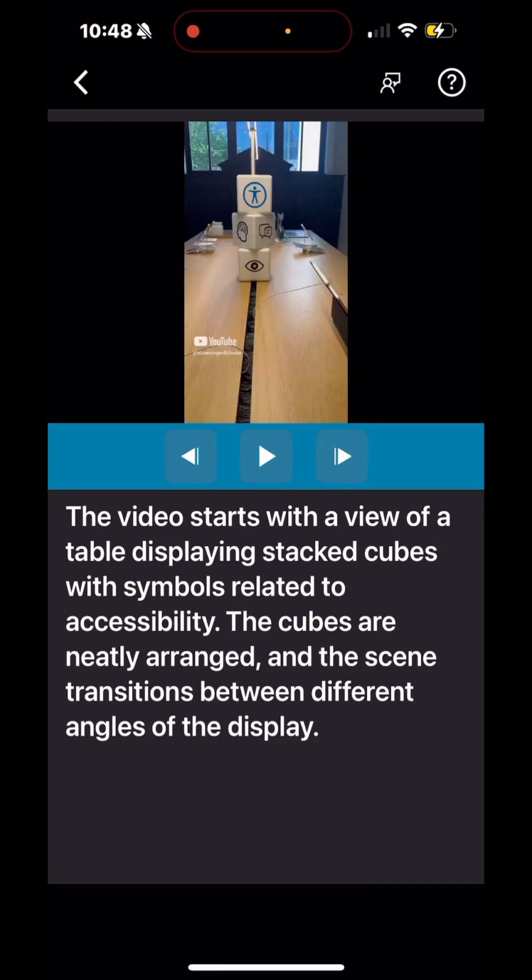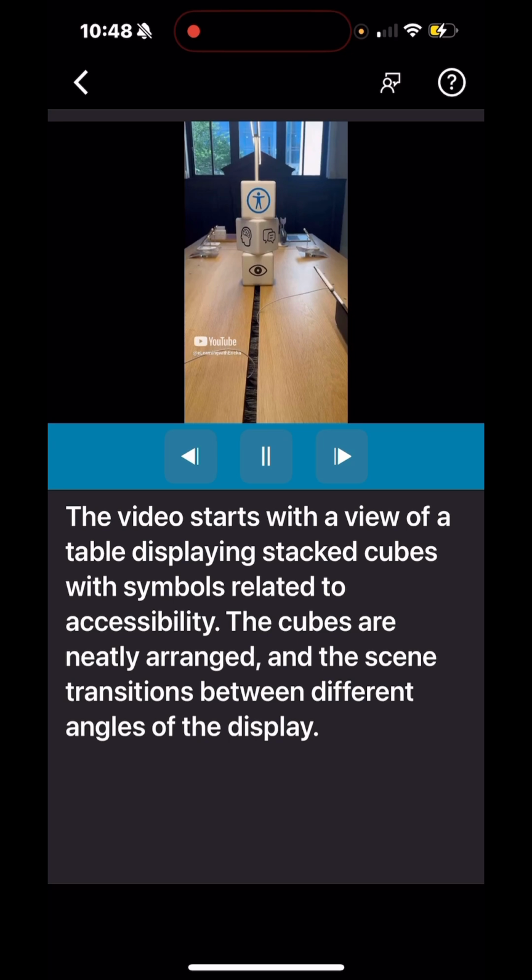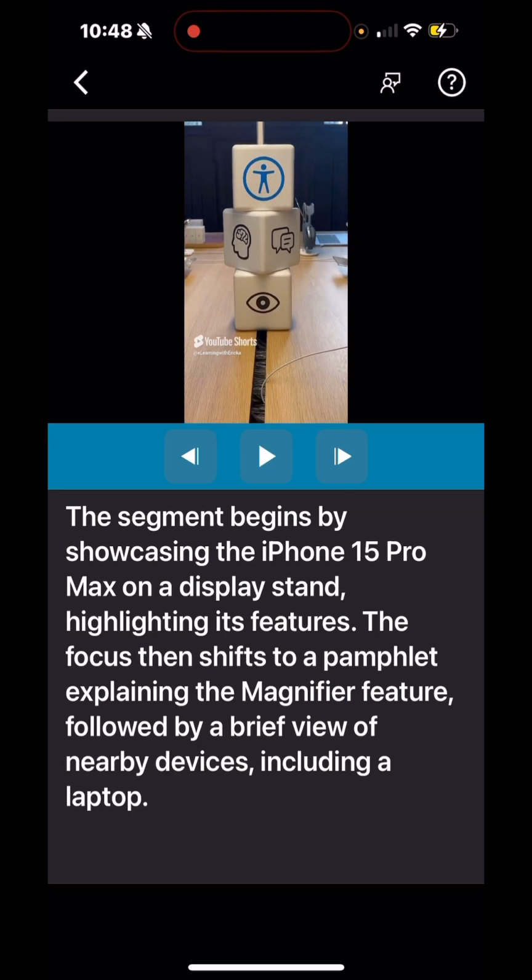The video starts with a view of a table displaying stacked cubes with symbols related to accessibility. The cubes are neatly arranged, and the scene transitions between different angles of the display. The actual computers. The segment begins by showcasing the iPhone 15 Pro Max on a display stand, highlighting its features. The focus then shifts to a pamphlet explaining the magnifier feature, followed by a brief view of nearby devices, including